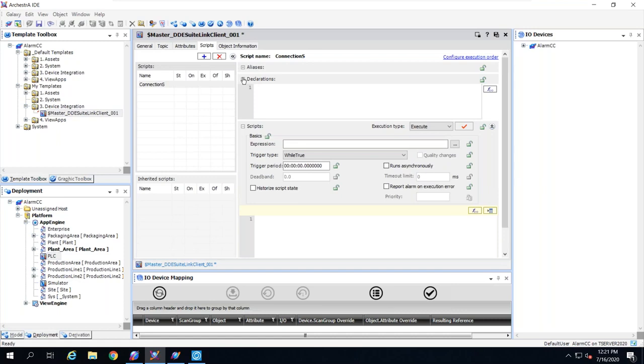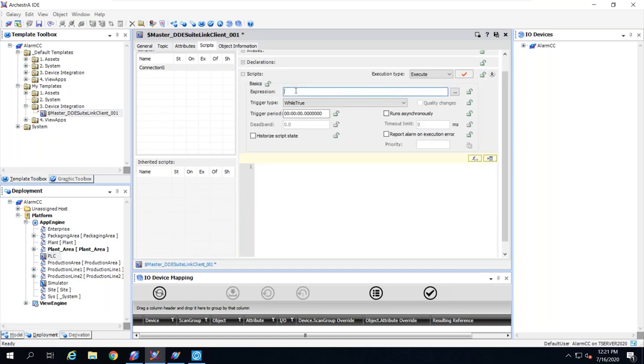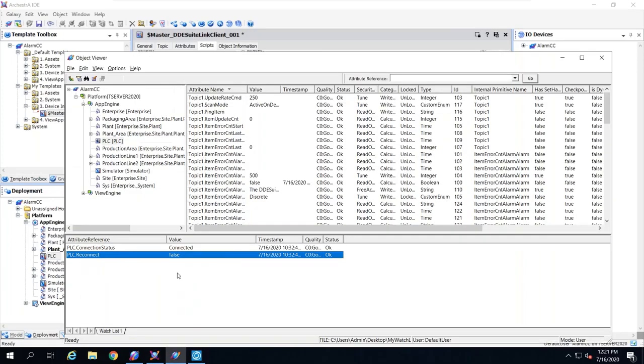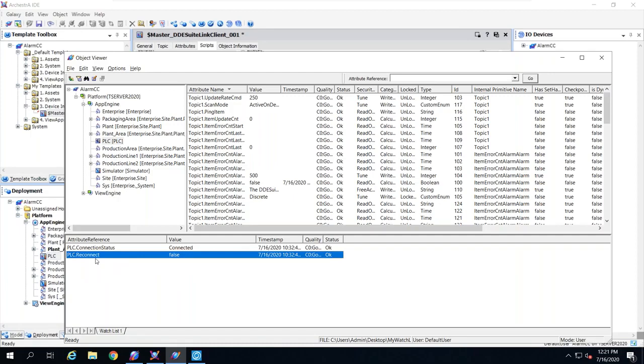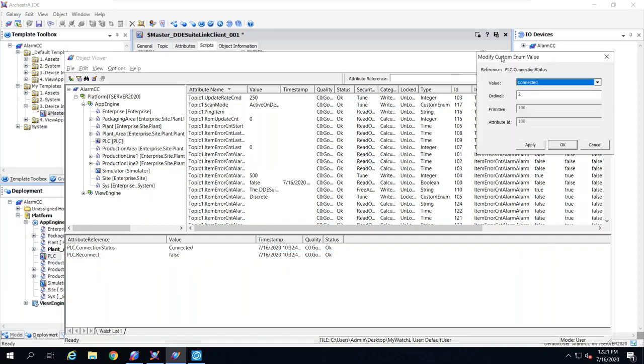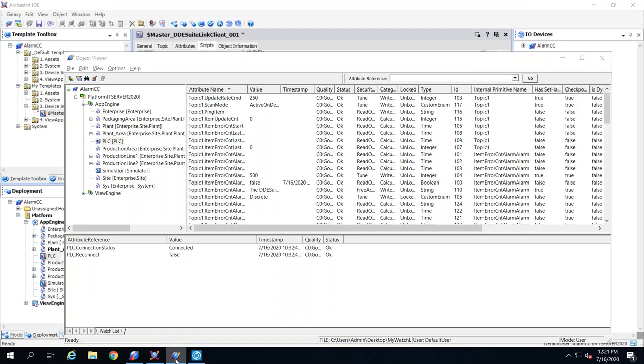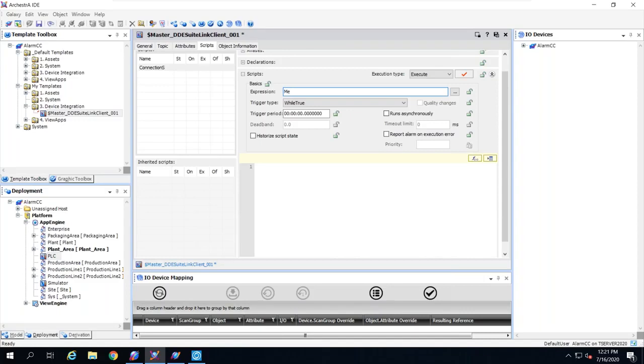So this is for declaration. For the basics, it's based on what I'm triggering. Let's imagine this scenario. If connection status is disconnected, I want to reconnect. So these are the different connection statuses. I have connected, disconnected, and mixed. Mixed means some topics are connected and some topics are not. In my case, I want to use connected. Even though I used connected, I can use some optimal. Optimal means a shortcut for the value. So I want to base on this expression, me, that means any DDE suite link coming from this template dot